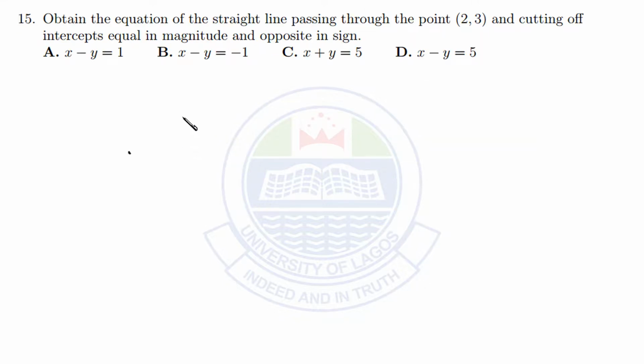In this question, they said obtain the equation of the straight line passing through the point 2, 3 and cutting off intercepts equal in magnitude and opposite in sign. Now you remember the equation of a line, the line intercept form. The equation of a straight line in the intercept form is given as x over a plus y over b equals